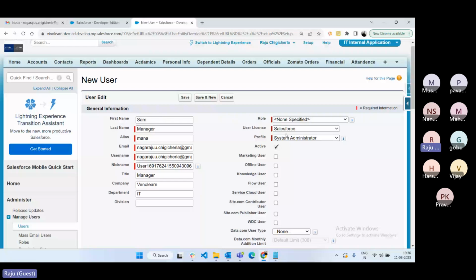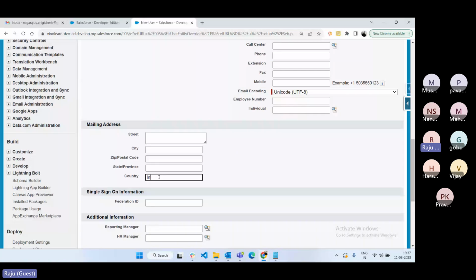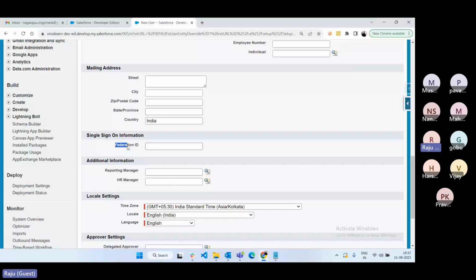Now, if you want, you can apply the mobile number, and if you want, you can apply the phone number, and here street number, email ID, country. I'm going to use India, and the remaining details, if you want, you can use. Federation ID is nothing but a single sign-on application. So I will tell you an example. Suppose you are using mobile, everyone is using a mobile application. In that mobile application, you have Google Pay, maybe some